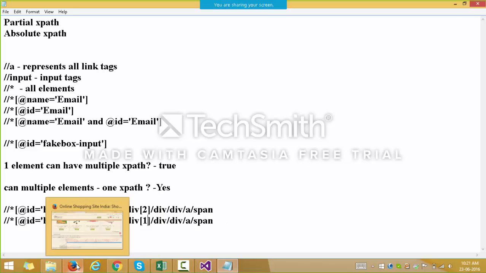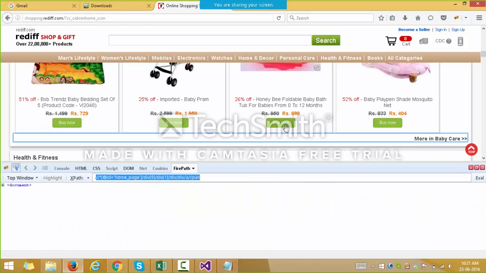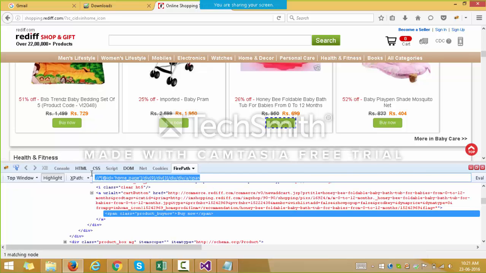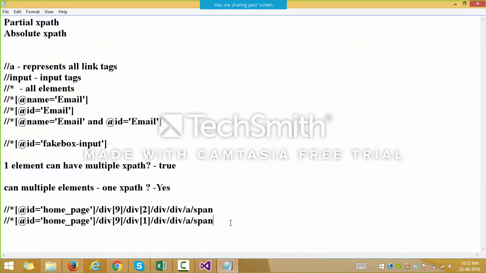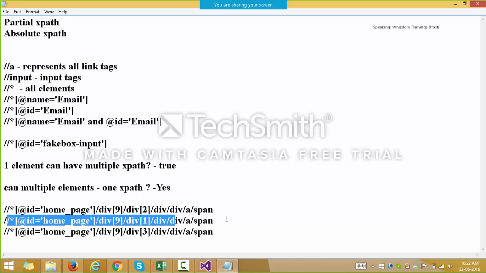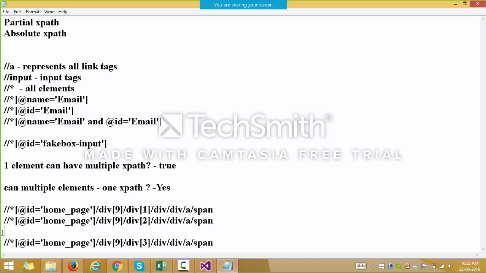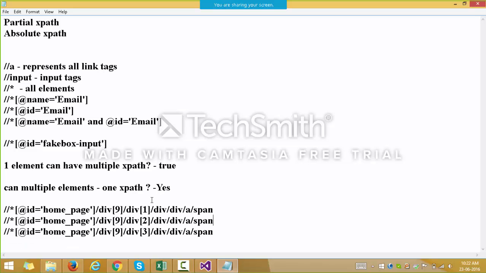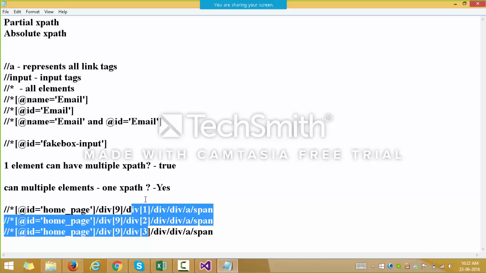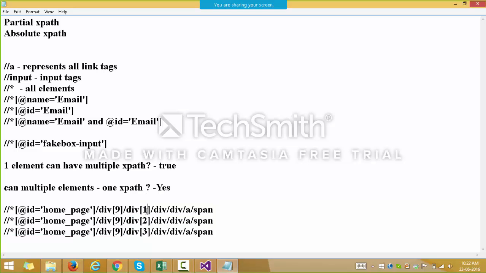Say, for example, if I consider the XPath of this buy now button as well, it is differing. The number of this div tag is differing. It is increasing 1, 2 and 3. Rest all the XPath is same, but this div is differing. This number for the div tag is differing,